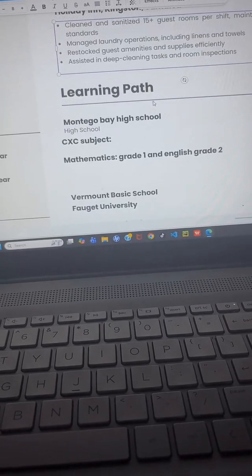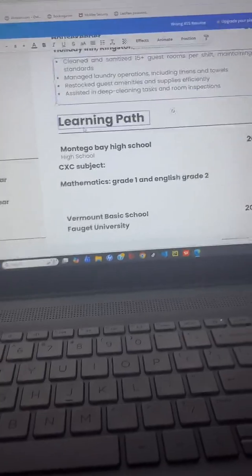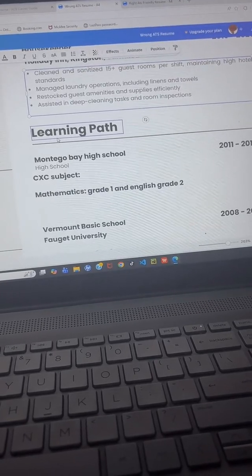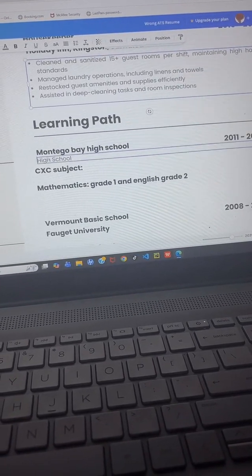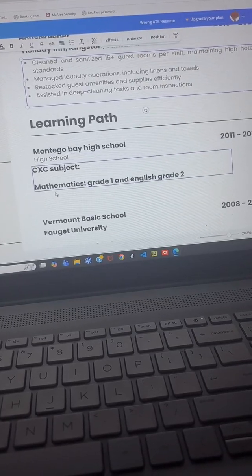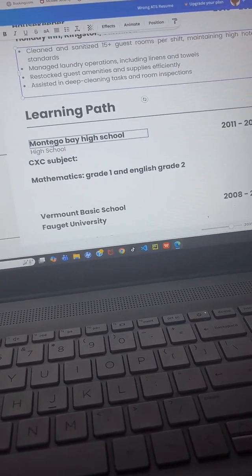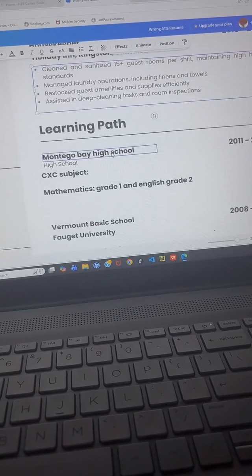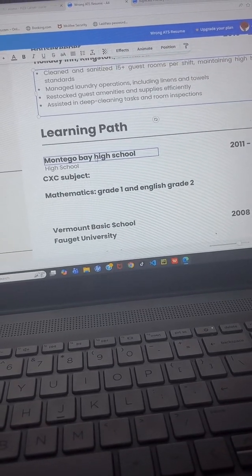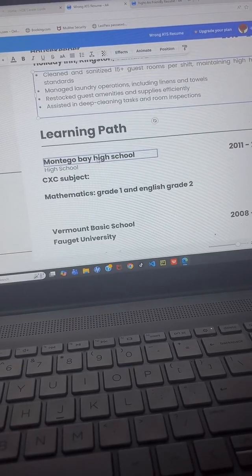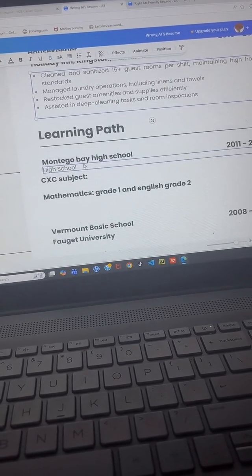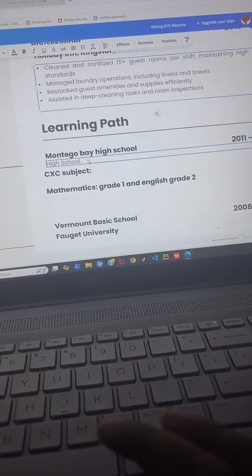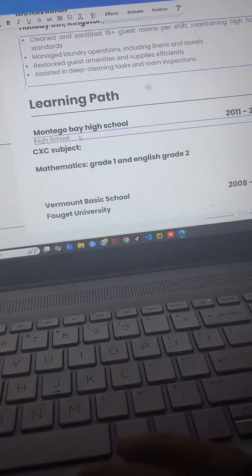Learning part, this is wrong. It should be Education. Alright, ensure that you're not putting CXC subjects. The US employers don't know what a CXC subject is. Ensure that you're putting your secondary school, your high school only, is enough for your resume when it comes to H2B visa jobs.